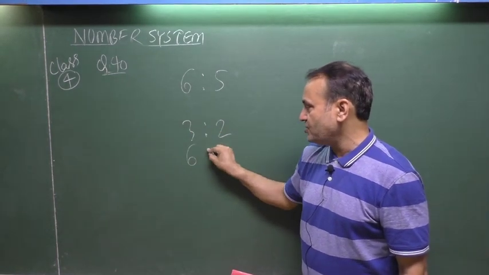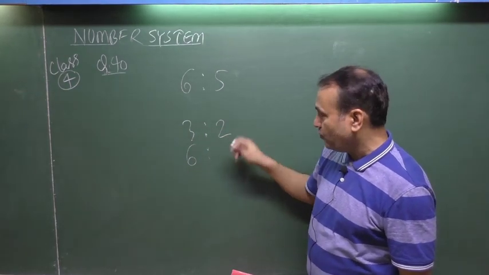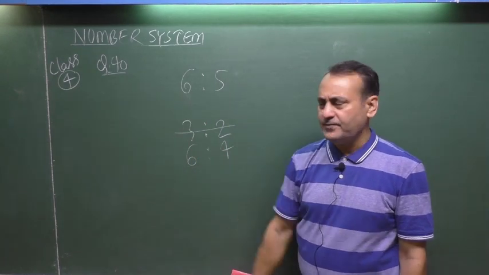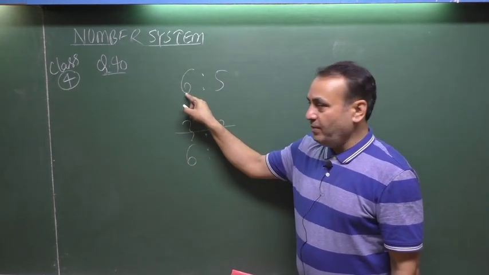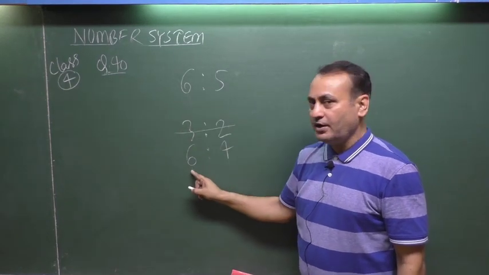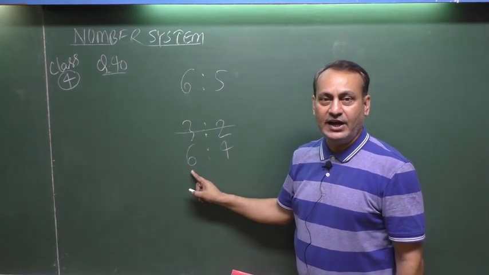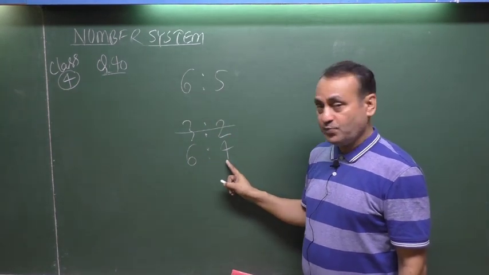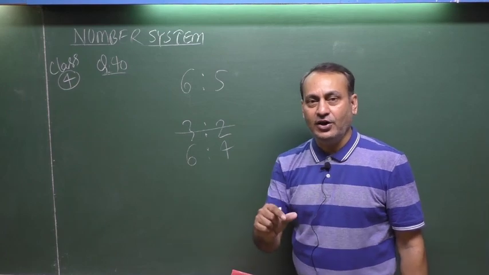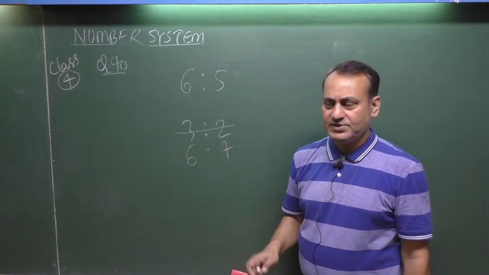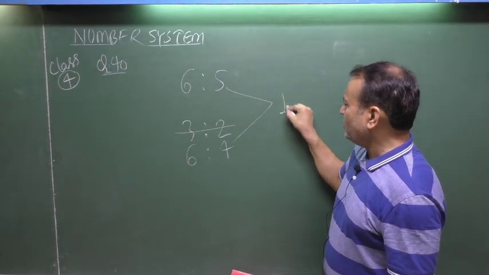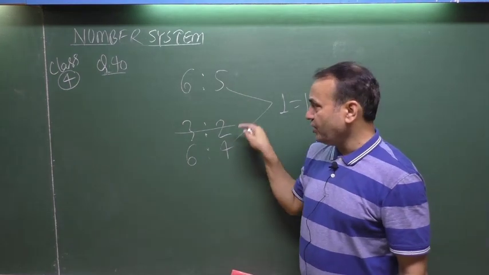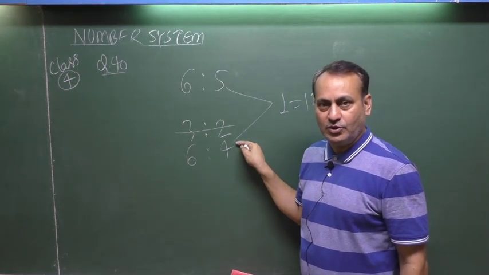3 must be made 6, so 3 twos are 6, 2 twos are 4. This must be erased. Okay. See here, the bigger number was 6 and is still 6, as nothing was added or subtracted. But the smaller number was 5, and now it is 4, as something was taken out from the smaller number, that was 12. See here, that means 1 unit decrement equals 12. The 1 unit decrement in the smaller number is just equal to 12.